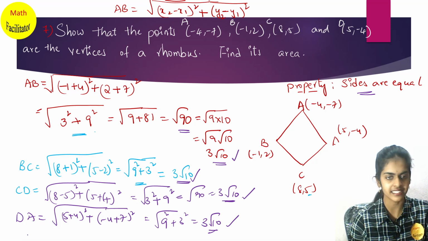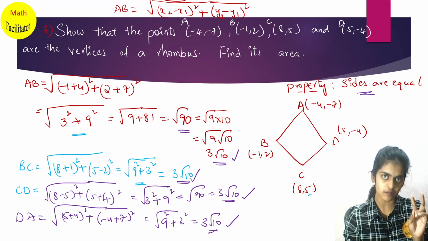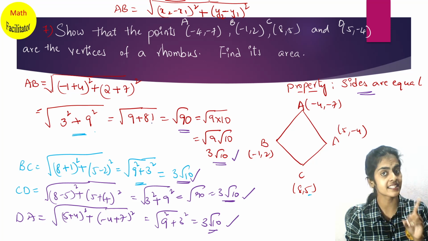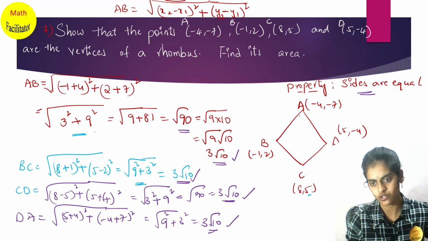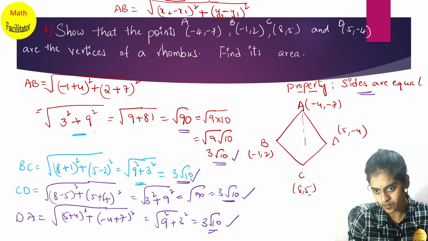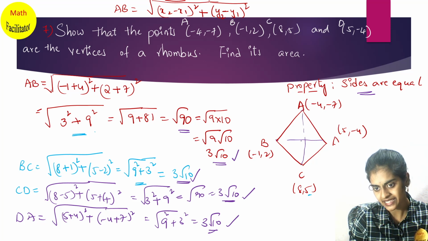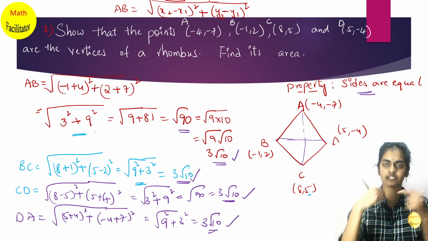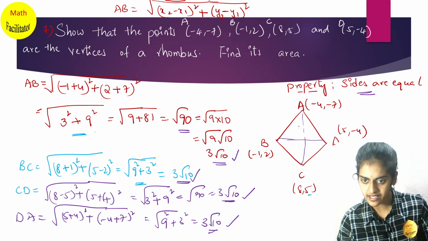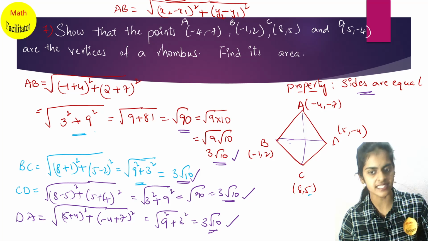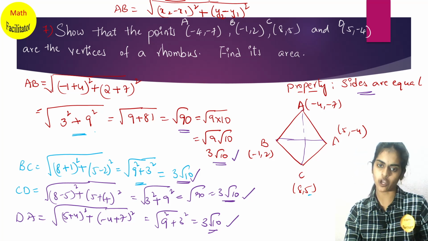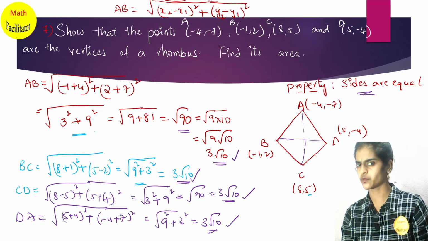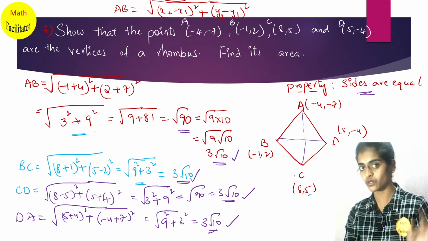You have to firstly find the distance of all the sides. Second point is you will also find the length of the diagonal, nothing but the distance between the diagonal points. Here diagonals are nothing but AC and BD. Diagonal is nothing but the line joining the opposite vertices. For A, C is the opposite vertex and for B, D is the opposite vertex. So BD is a diagonal, AC is a diagonal. But here you don't have to prove that diagonals are equal. For a square you will have to prove.